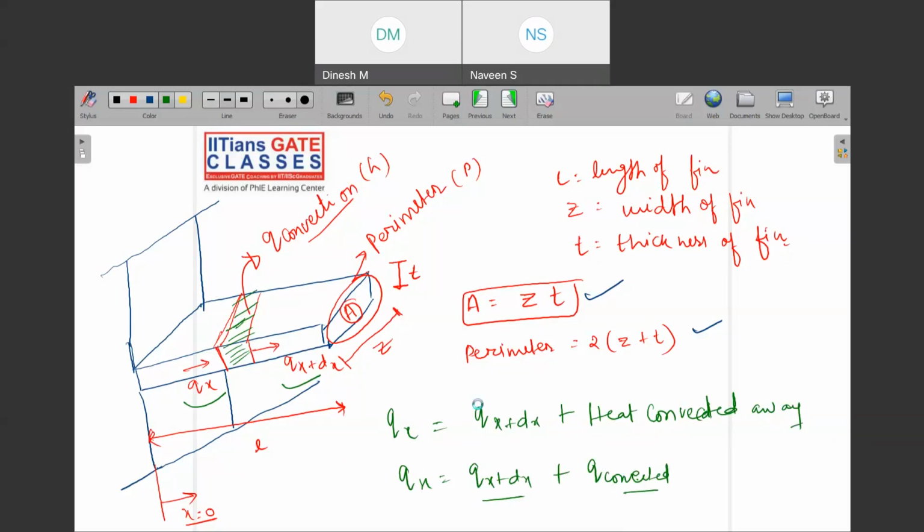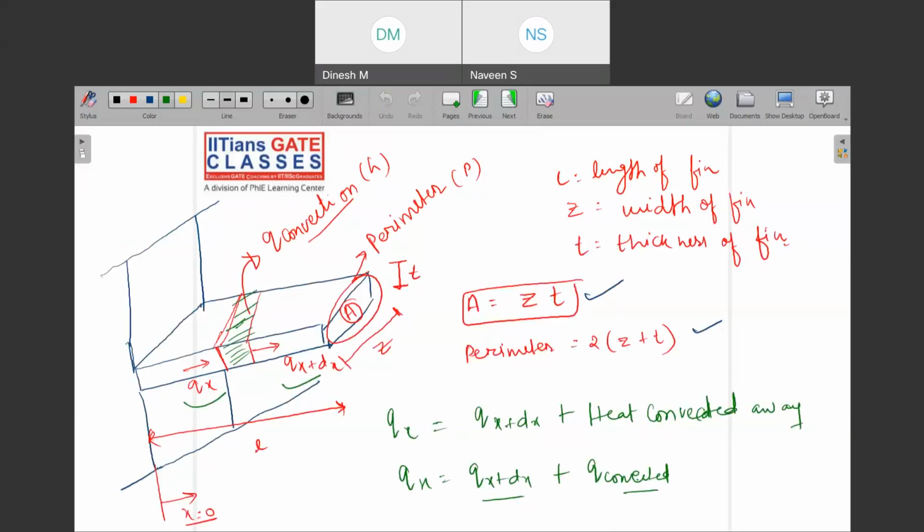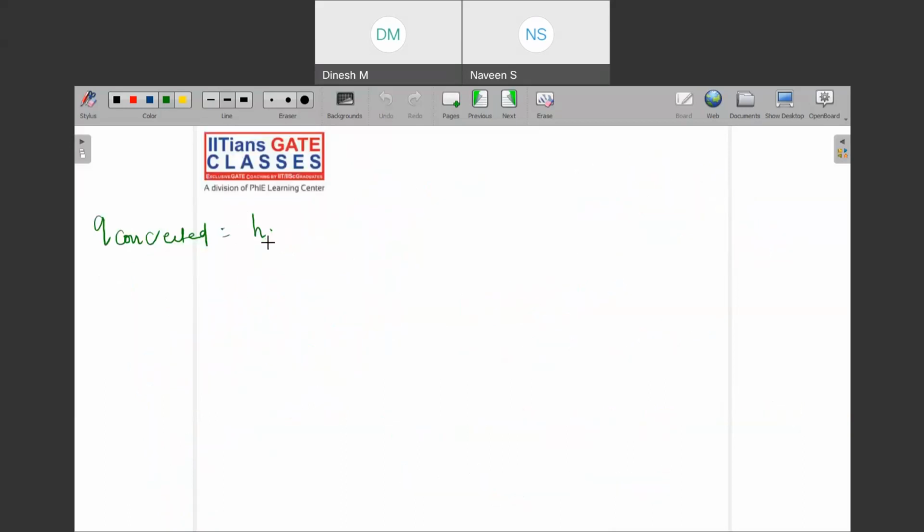So what will be the magnitude of convected heat? q convected, this would be equal to what? The h value into area. Which area? This area, right? This area now. Why? Because this is responsible for convection. So this area, can you feel that this is nothing but perimeter into the distance? So if I talk about the strip, so can I write down this is h P into dx, and let us say that at particular instant the temperature is T and it is convected to the atmosphere which is at T infinity. So q convected now I know.